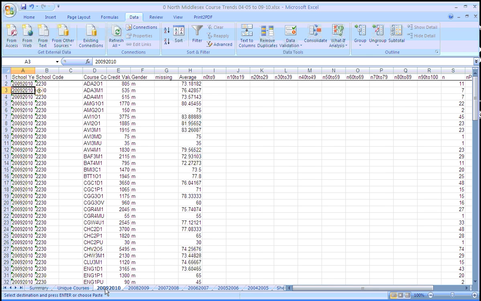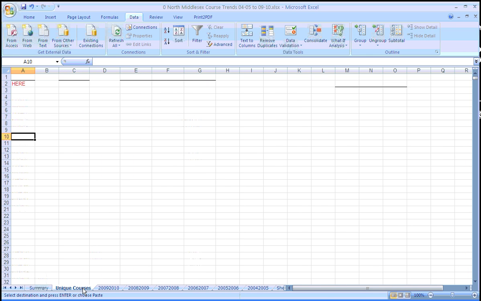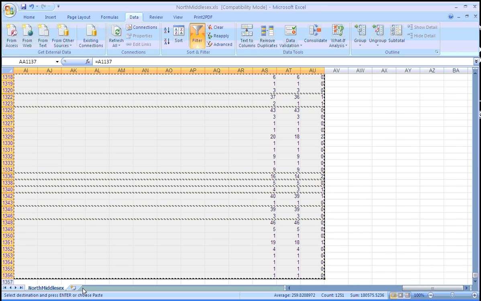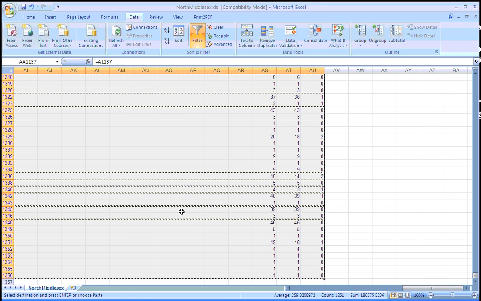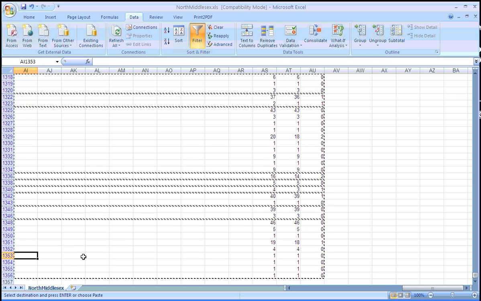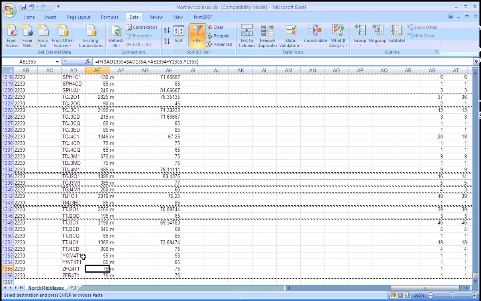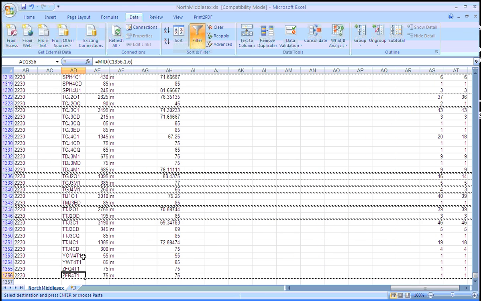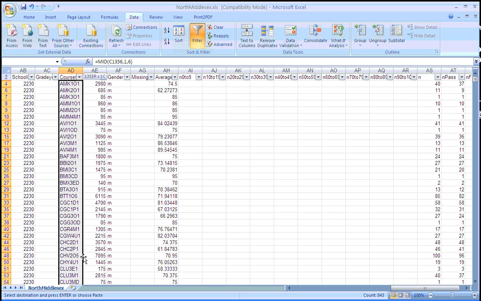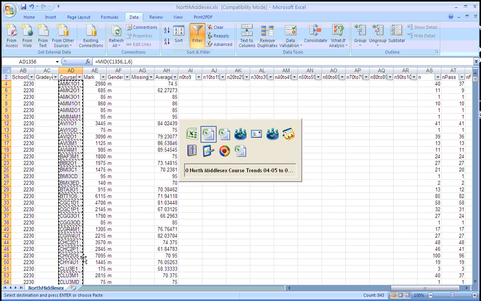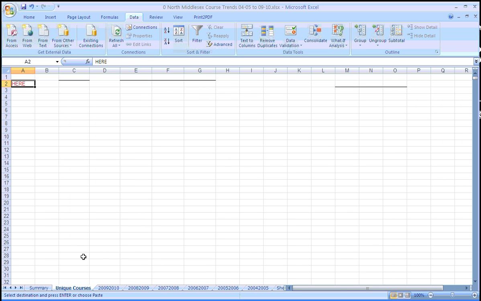pages for data. Now the next thing I need to do is look at this unique courses, and we need to find out what the courses are. So if I go back to the North Middlesex page, I can take a copy of everything that's been offered in the school for the last while, all the course names that are here, copy that, flip back over to the course trends file into the unique courses page,